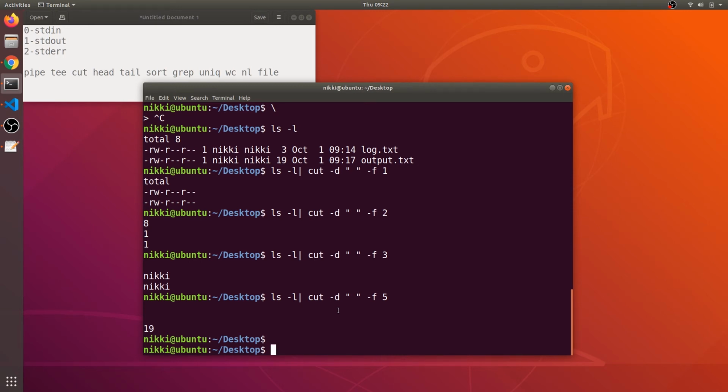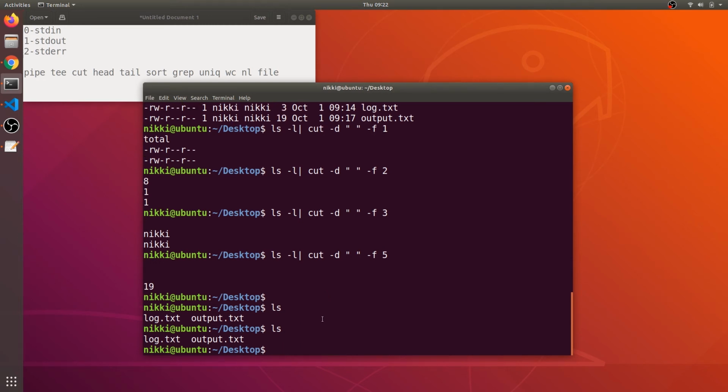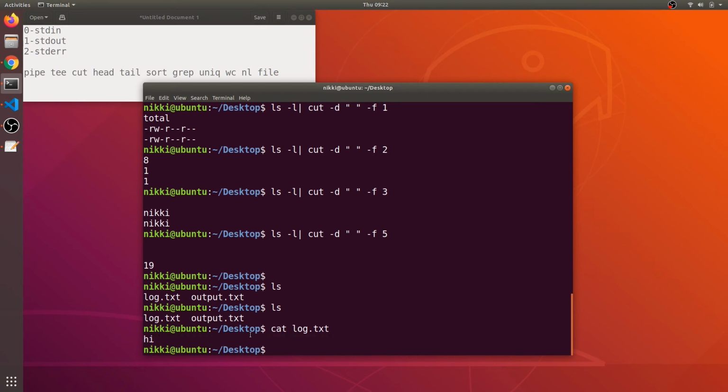So let's say ls. Now I want to create a new file. Okay, first let me see the contents of log.txt. So there is only one line, right? Now what I want to do is write some more lines of contents into this log.txt file.